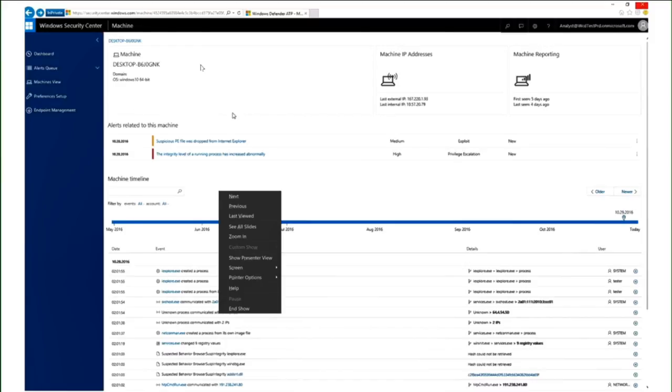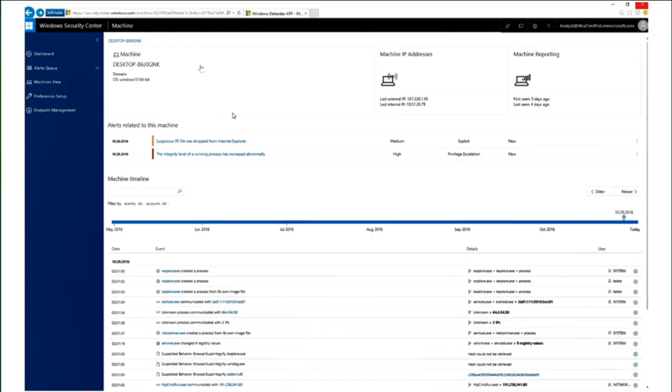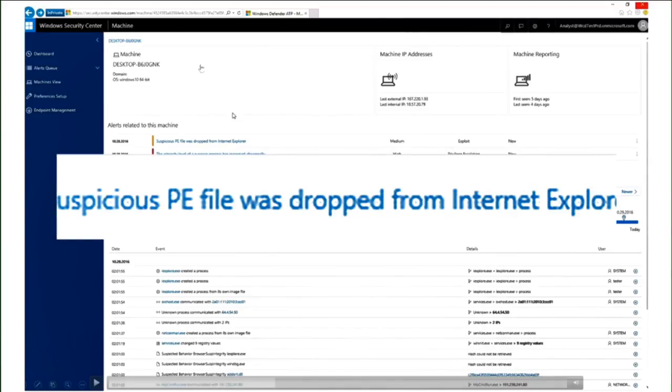Now, we're going to play back that same sequence of events in ATP and see what ATP saw. Immediately, we can see that ATP sees that there's a suspicious portable executable, an executable file dropped from Internet Explorer. How do we determine this is suspicious? Well, the cool thing is with the Intelligent Security Graph, we can actually determine how often an executable is created from a particular process. So I'll give you an example. If you install an ActiveX control, a process usually gets created. If you're using old IE and you maybe have Silverlight or something like that, there will be processes. So we can't just say any process